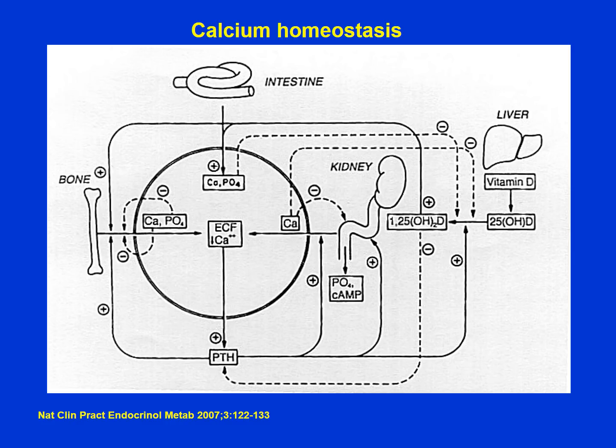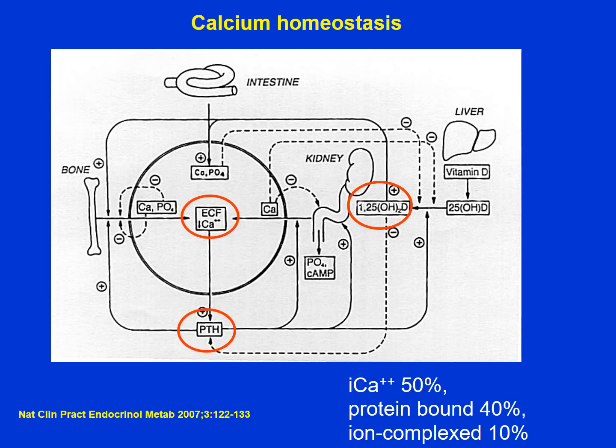So here on the first slide is shown a schematic or cartoon of calcium physiology. It looks very complicated, but can be quite sensibly and reasonably broken down into the important components, which are the major hormonal players and the major organs. The major hormonal players in the mix are circled on this slide. The most important hormone is PTH, or parathyroid hormone,